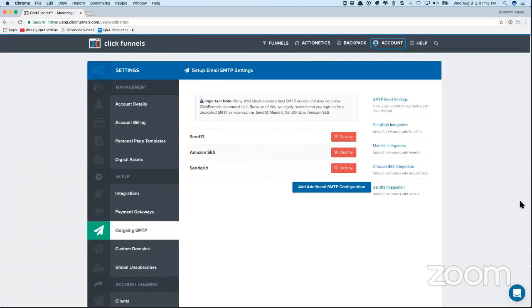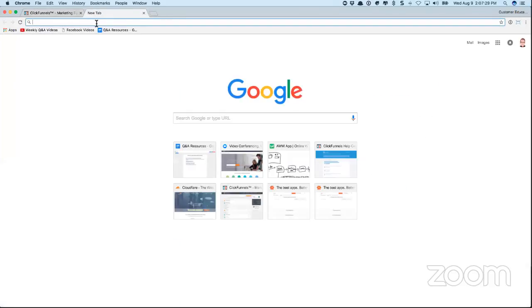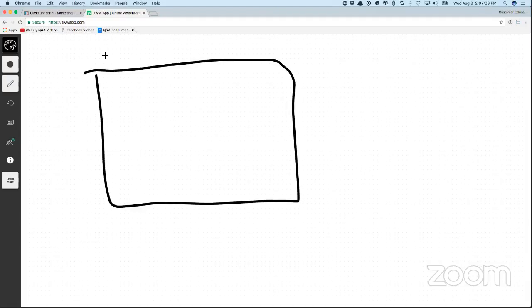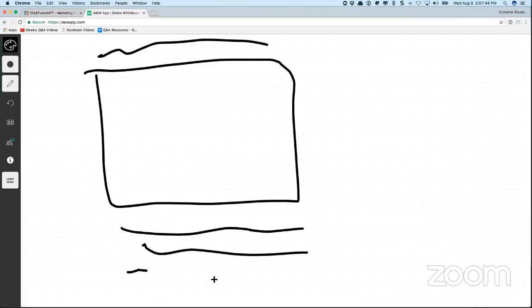Yeah, you can't actually add a video to ActionX. Most email clients, from what I understand, if not all, don't support viewing a video right in the email. And so the best thing to do is to create an image that looks like a video, and so you can have the image in your email, right? So you got your headline, image that looks like a video, maybe some copy below that, and then it's just like a video overlay, which actually is in